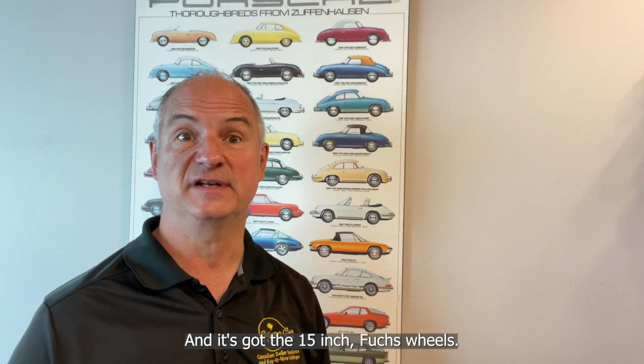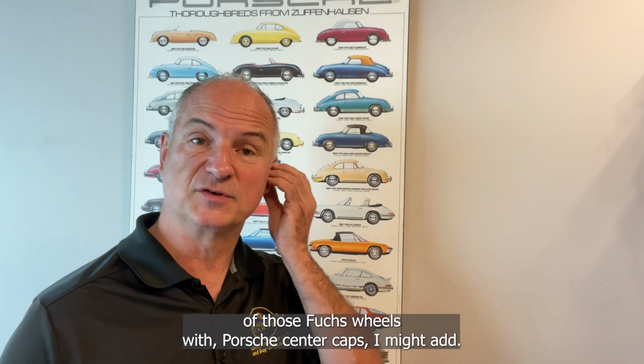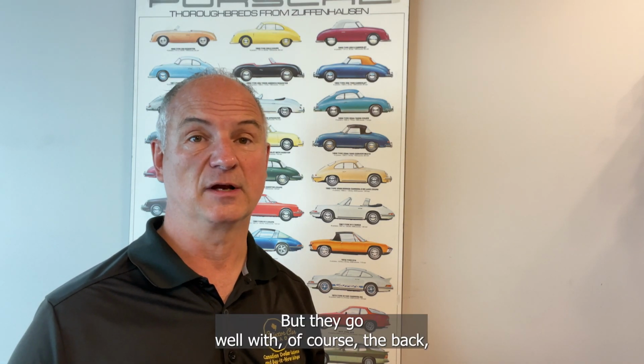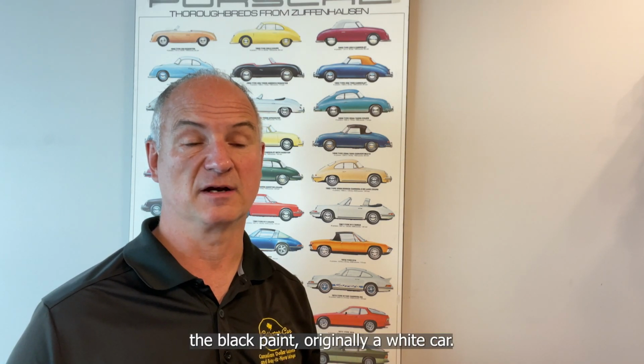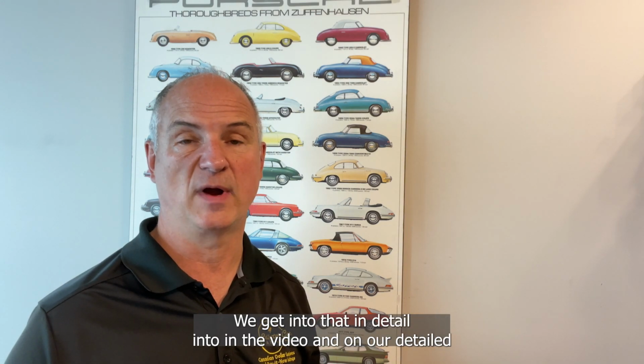And it's got the 15-inch Fuchs wheels. So really sharp looking car with the black centers of those Fuchs wheels with Porsche center caps, I might add. But they go well with, of course, the black paint. Originally a white car. We get into that in detail in the video and on our detailed listing for lot